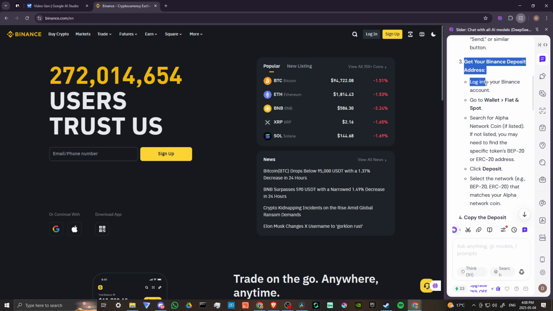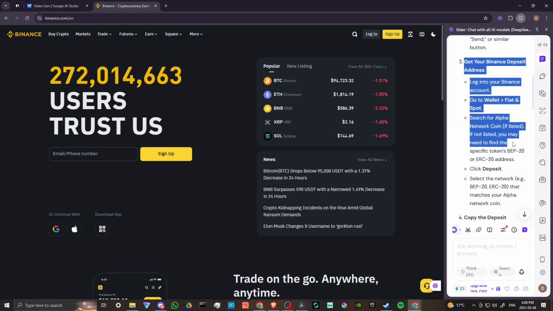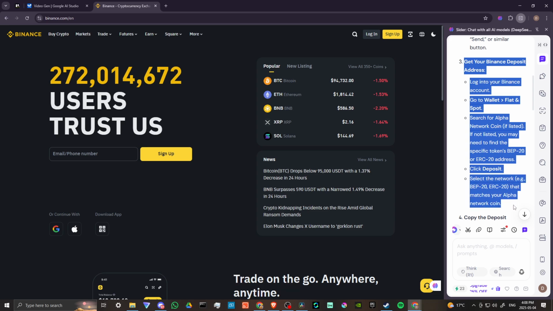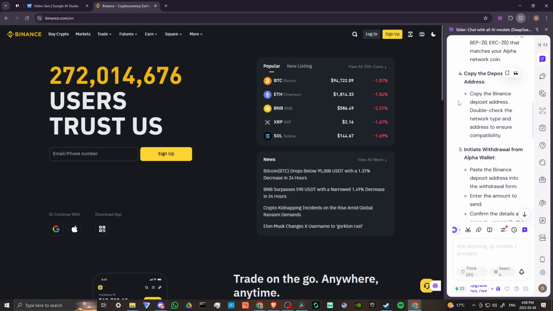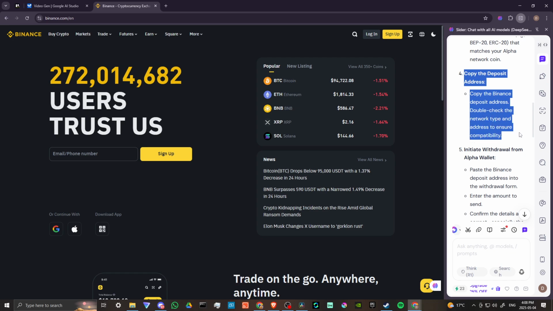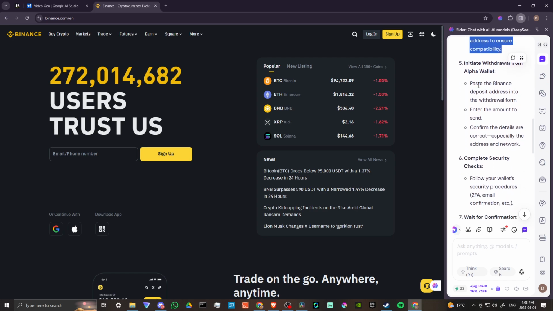So log into your Binance account, go to wallet, fiat, and spot. Search for Alpha Network Coin. If it's not listed, you may need to find the specific token's BEP20 or ERC20 address, then click Deposit. Select the network that matches your Alpha Network Coin. Then you're going to copy the deposit address, double check the network type and address to ensure compatibility, and initiate